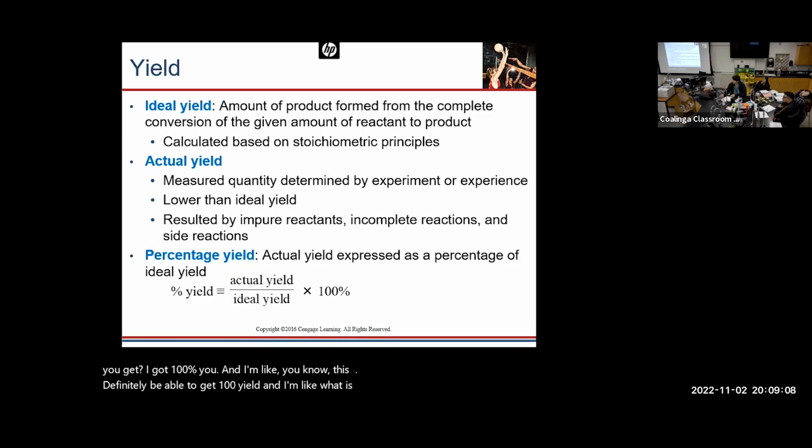Okay. Go. All right, go it real slow. 84.6. When I got it the very first time I did it, I am pissed. I get so mad. I throw my lab book across the room into the garbage can. And then the TA comes out. Mr. Henry, what is wrong with you? I'm like, I got 84.6%.